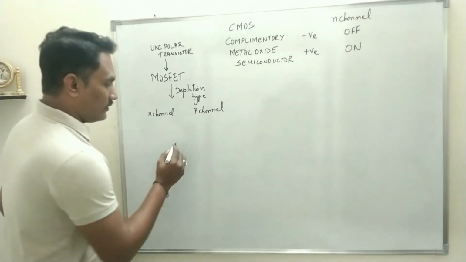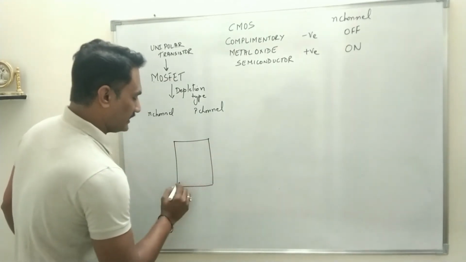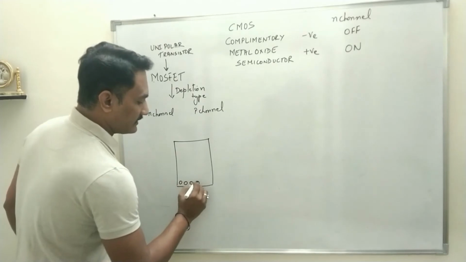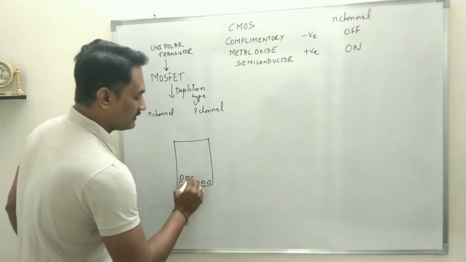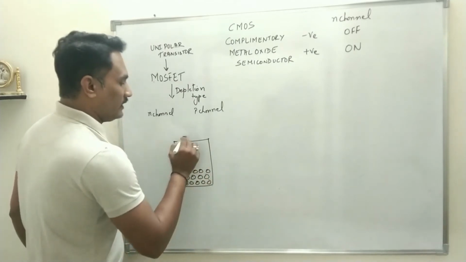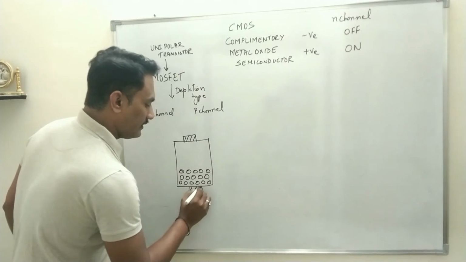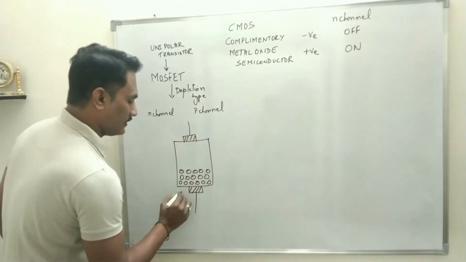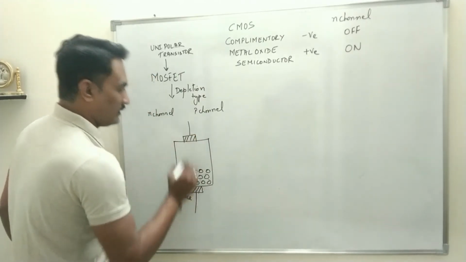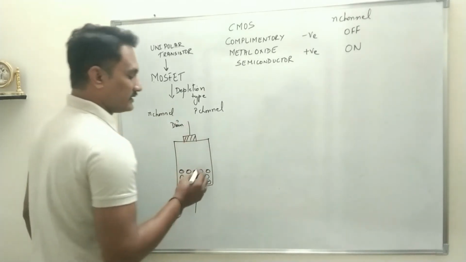Now let us try to understand the working of P-channel MOSFET. So now if you want to design a P-channel, you have to take a P-type semiconductor, a semiconductor which has a large amount of holes in it. Okay, P-type semiconductor. The two terminals will be named source and drain, because the charge carrier will move from source towards drain.